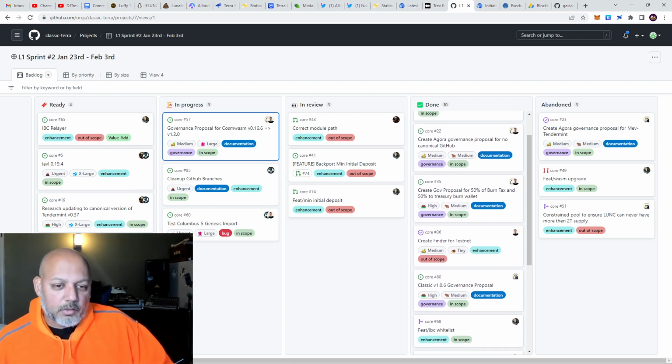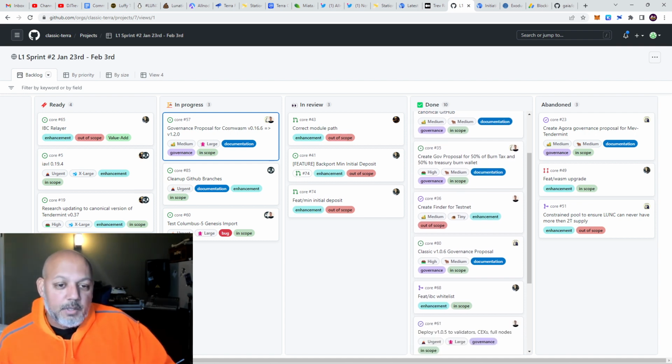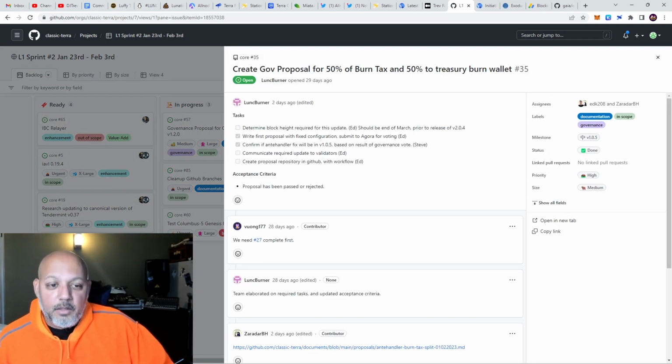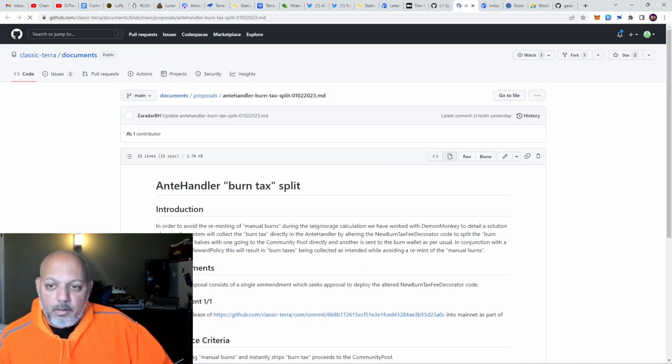So in the done column: Create Agora governance proposal for no canonical GitHub. In the done column: Create governance proposal for the 50% burn tax and 50% treasury burn wallet. This one here, so determine block height required for the update. Write the first proposal, fix configuration, submit to Agora for voting. Basically, this one is about, and if I go down here, this will actually give you an even better